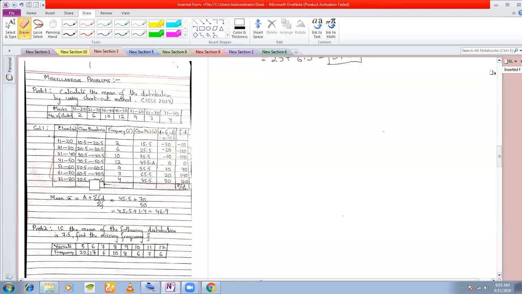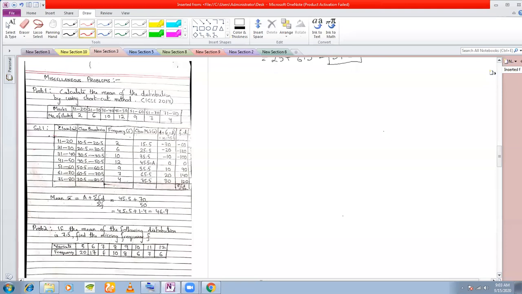Now, once we get the class boundary, the third column will obviously be for your frequency. In all the cases, our second column is normally for your frequency, but here we have made the second column class boundaries because class limits were given. So now our third column becomes our frequency. For frequency, you have 2, 6, 10, and so on till 4. So I make that column for frequency.